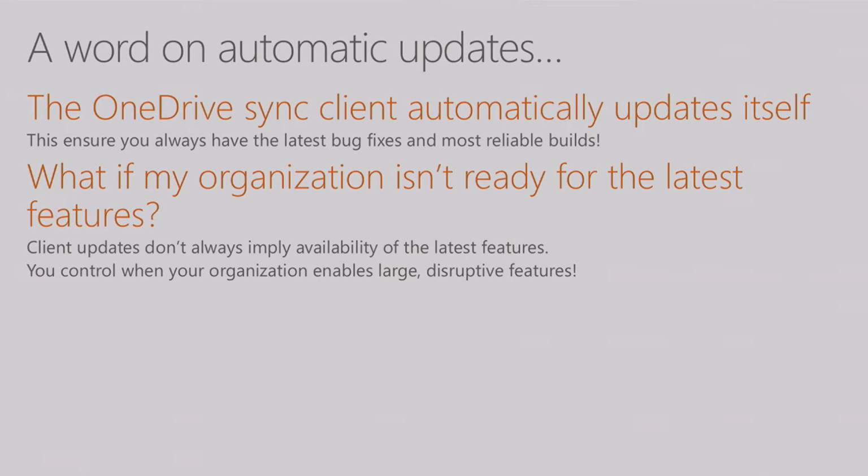If you think about the service and the client, they're a matched pair. As we roll out changes and improvements, we want to make sure that everyone gets them. You can imagine the worst thing that could ever happen to us is if we had a really bad bug and some users didn't get the fix because IT didn't have a chance to roll it out. Because of the frequency of our rollouts and the fact that we need that matched set of bits running, we've made our client update itself.